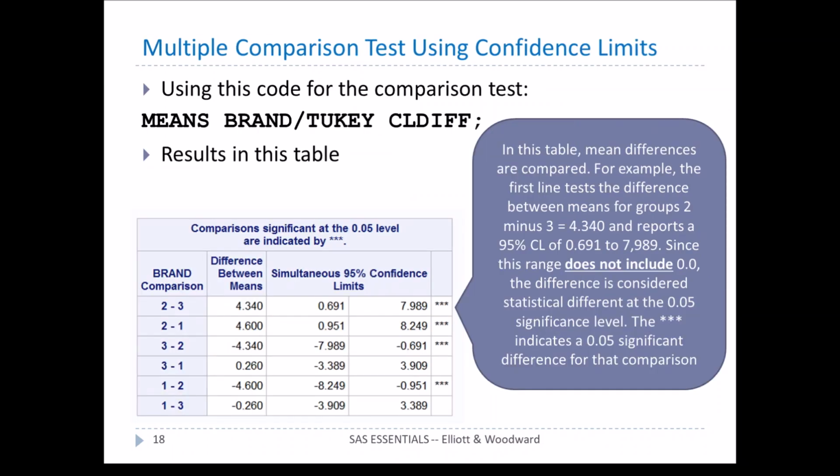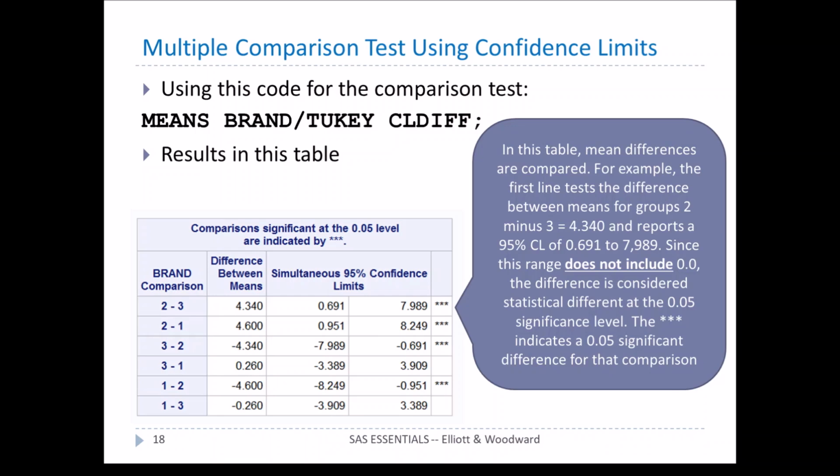All right, so let's use this code for the comparison test as an example of something different. So we say means brand / Tukey CLD diff. In this table, mean differences are compared. For example, the first line tests the difference between means for group 2 minus 3. So we're comparing 2 versus 3, and the difference is 4.3. And then the little star